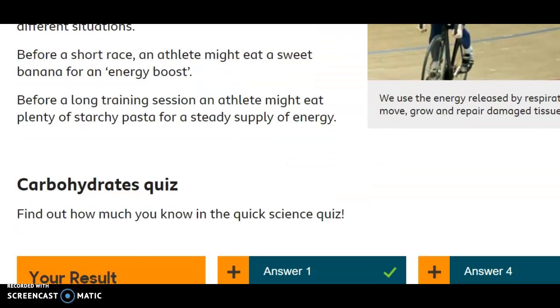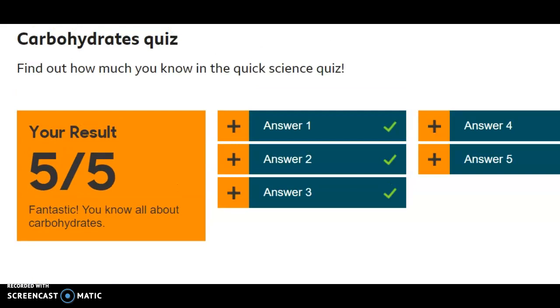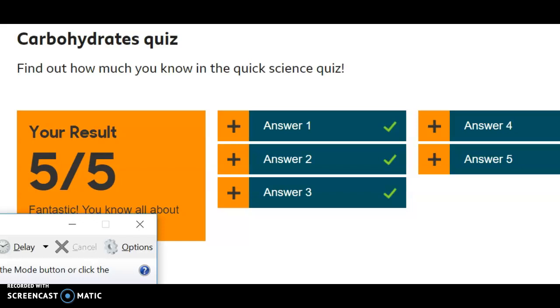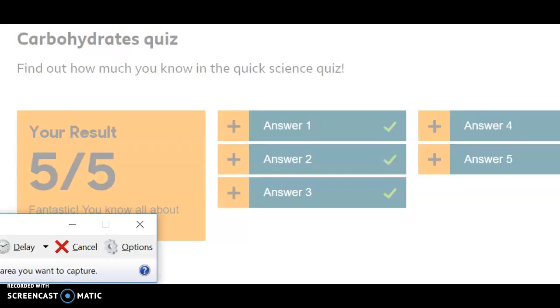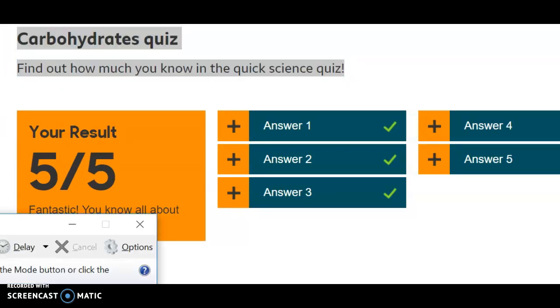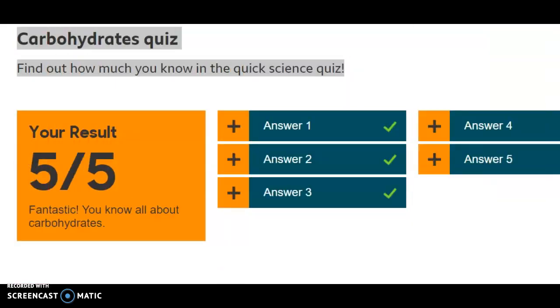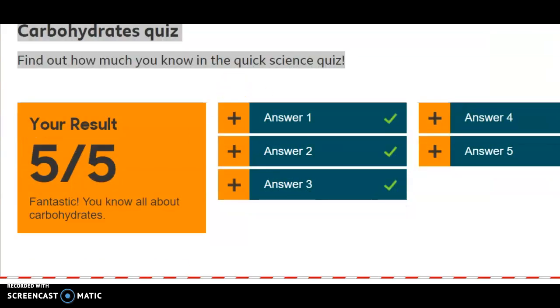And then read through. And then at the bottom, you've got a quick quiz. Now, I've done this quick quiz before, so I've got a result there. And then what I want you to do is use the snipping tool. If you don't know how to find the snipping tool, just press the little window box at the bottom and type in snipping tool, and the snipping tool will come up. And you can then just snip around your results. So you just cut that out there. And then what I'd like you to do